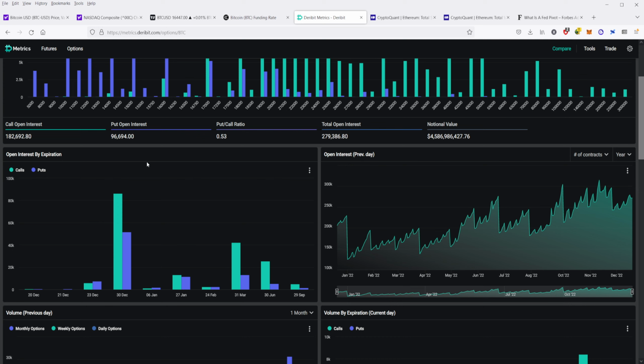I mean, we have about 2 weeks left until the end of the year, until the 30th of December, and these contracts need to be exercised. Either they will be exercised at a loss, or they will be exercised at a gain in case of the puts here, depending on what the options price is. But this is going to create a massive amount of volatility in Bitcoin and in crypto,